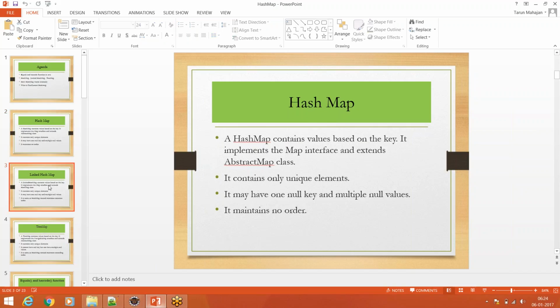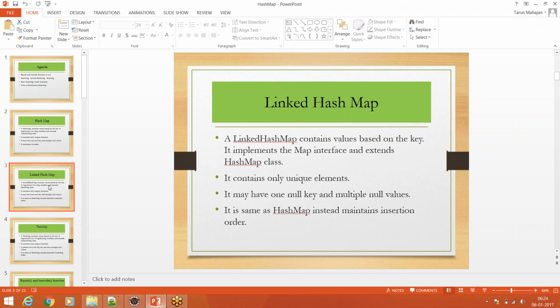Another class implementation of Map is LinkedHashMap. Similar to other collections, LinkedHashMap maintains the insertion order. It is similar to HashMap. The only difference between these two is that it maintains the insertion order. And all the implementations of the Map interface contain unique elements. So similarly, if you go to